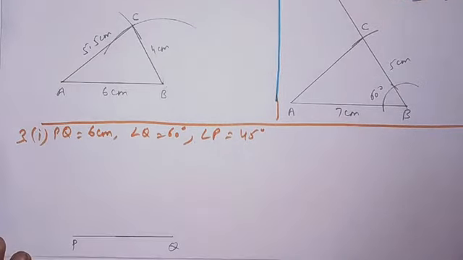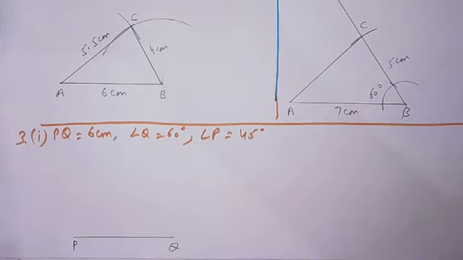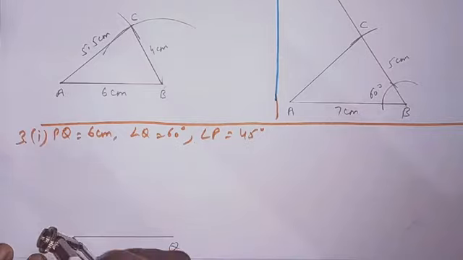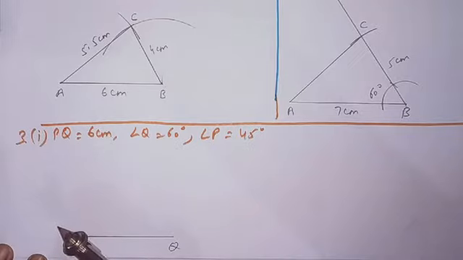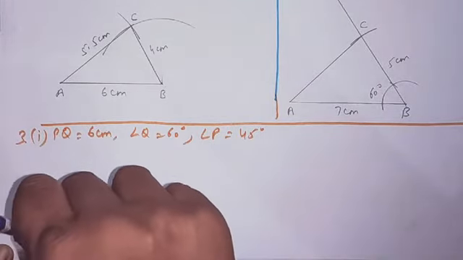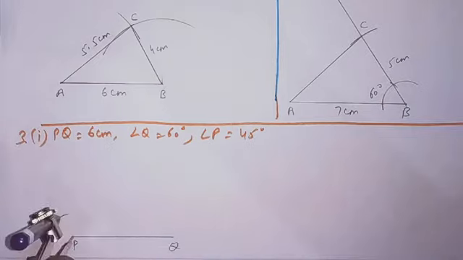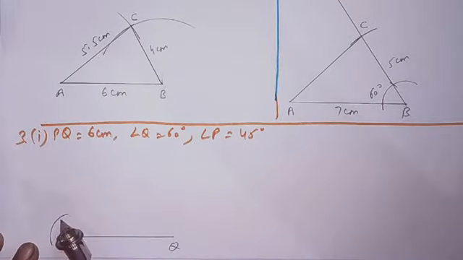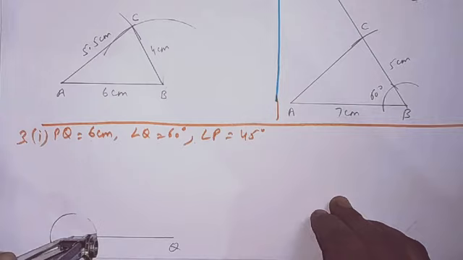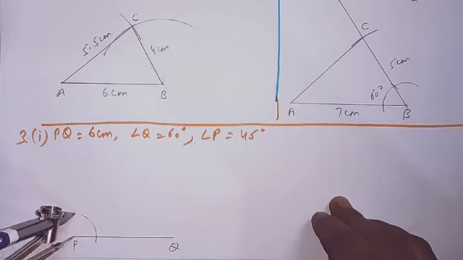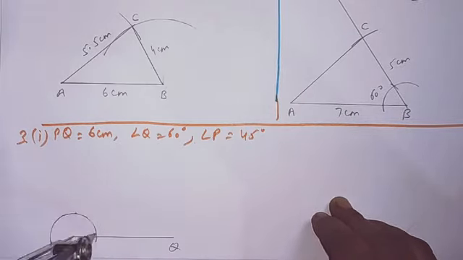Okay. Now at point P, I want the angle of 45 degree. Let us see how do we draw the angle of 45. For drawing the angle of 45, first I have to draw angle of 90 degree because 45 is half of 90. Again, I have opened the compass of any length and I will keep this tip at point P and mark an arc which intersects my base at one point. And this is semicircular arc. I am drawing a semicircular arc.